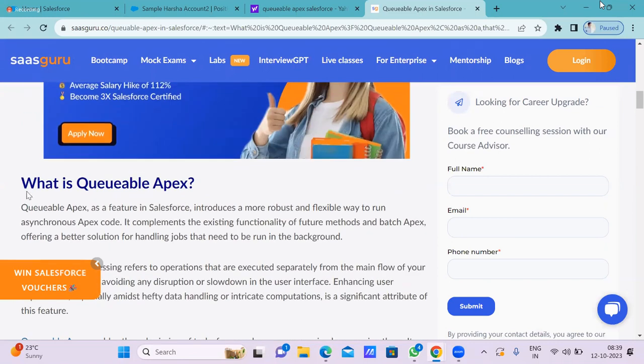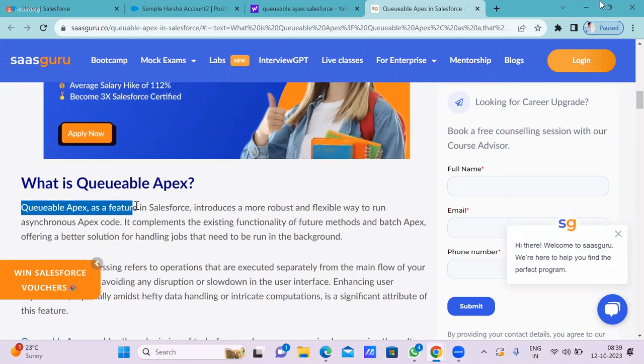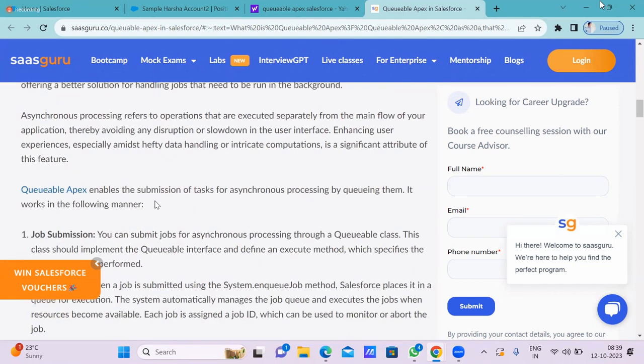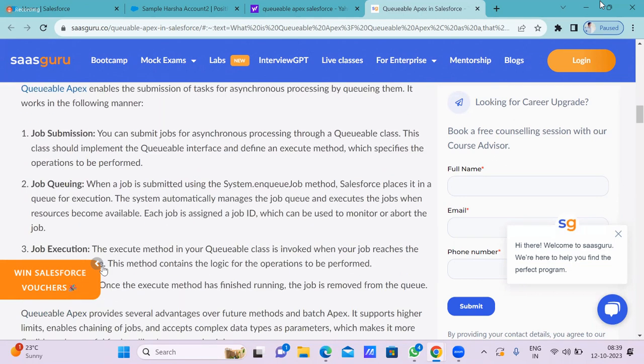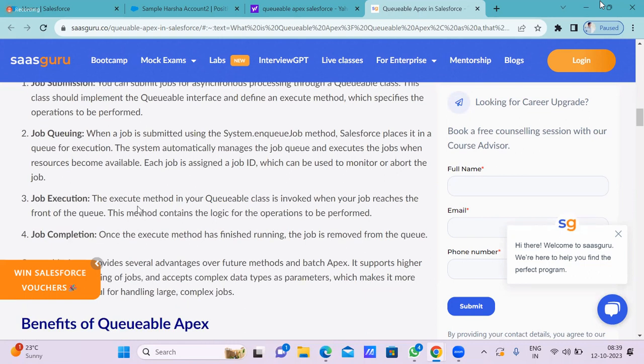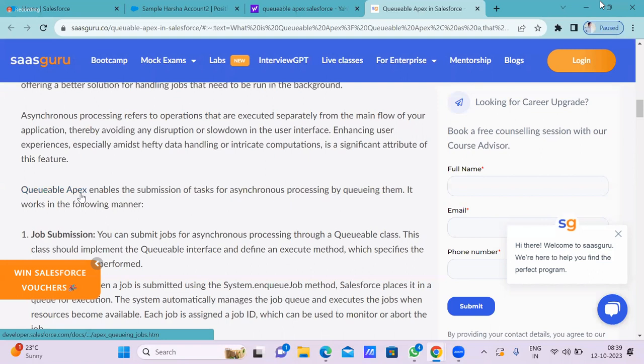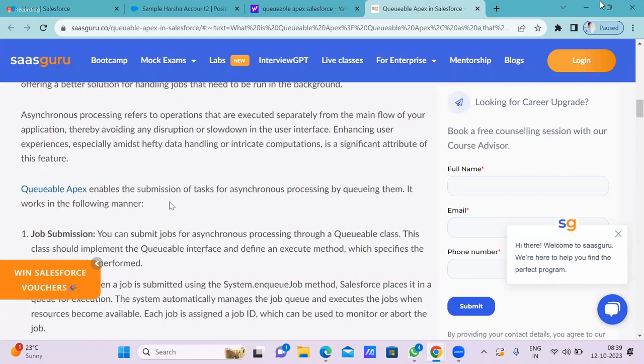So put the heading Queueable Apex and write down: Queueable Apex is a feature in Salesforce which helps us. See, these are all the things we can do. Okay. Put the heading Queueable Apex and write down